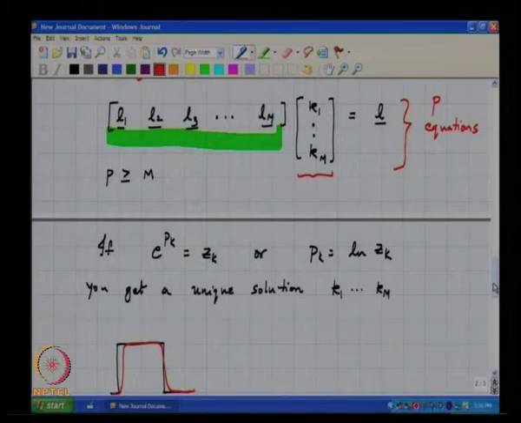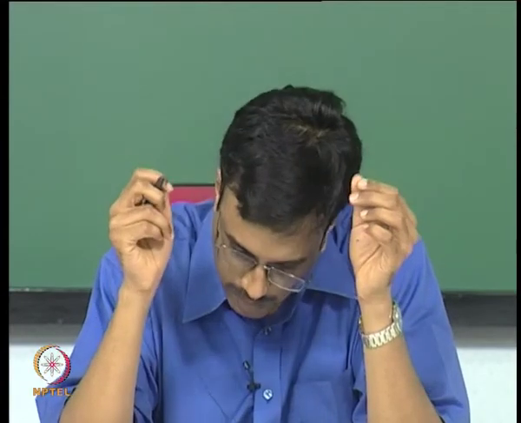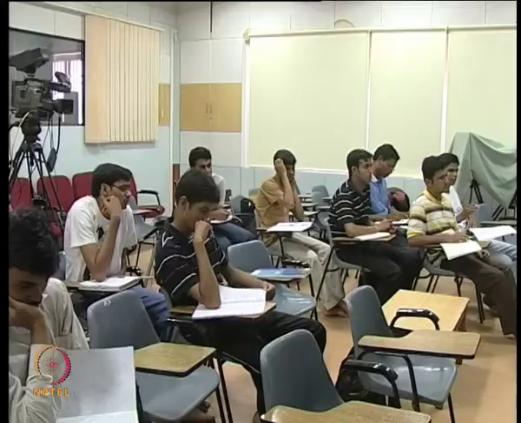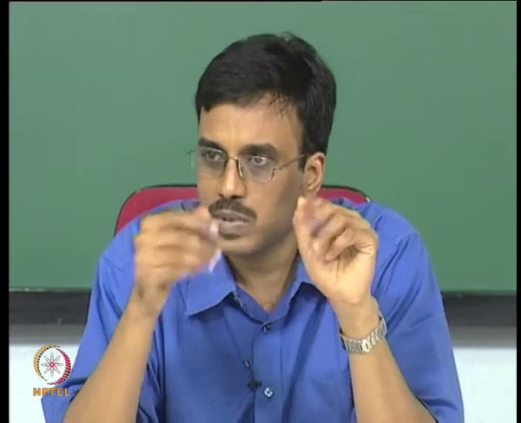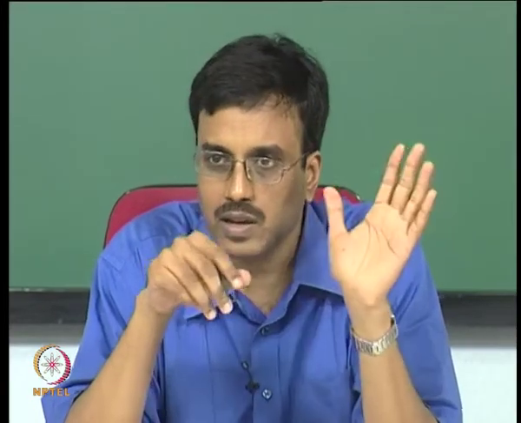If all the poles are not at s equal to 0... No, you start with the discrete time system poles. So, if you have a discrete time system with poles at zk, you will choose a continuous time system with poles chosen to be at pk equal to ln of zk. So, if all the poles in the discrete time system are at z equal to 1, they will all translate to continuous time system poles being at s equal to 0.